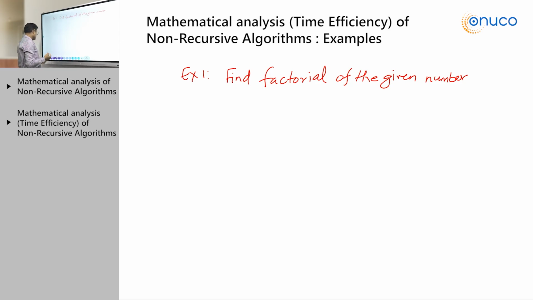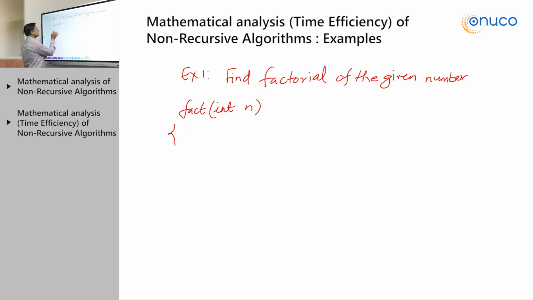So in that case, we are writing the simple code, right? We can write it fact int n, and since you are writing non-recursive algorithms, you have to use any conditional loop, for loop, while